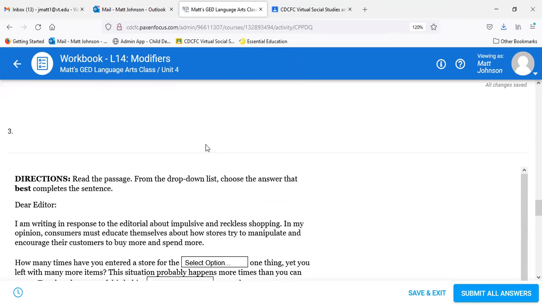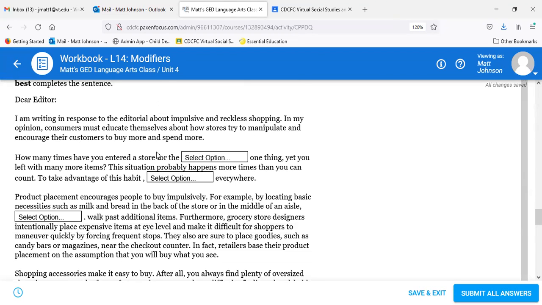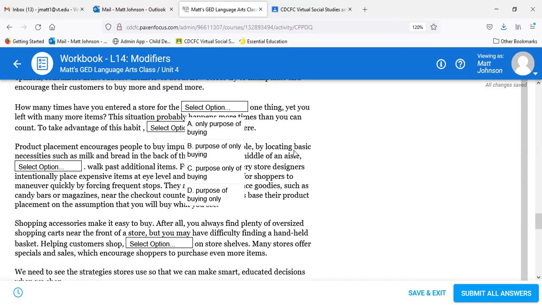moving along here. Letter to the editor. Dear editor, I am writing in response to the editorial about impulsive and reckless shopping. In my opinion, consumers must educate themselves about how stores try to manipulate and encourage their customers to buy more and spend more. How many times have you entered a store for the